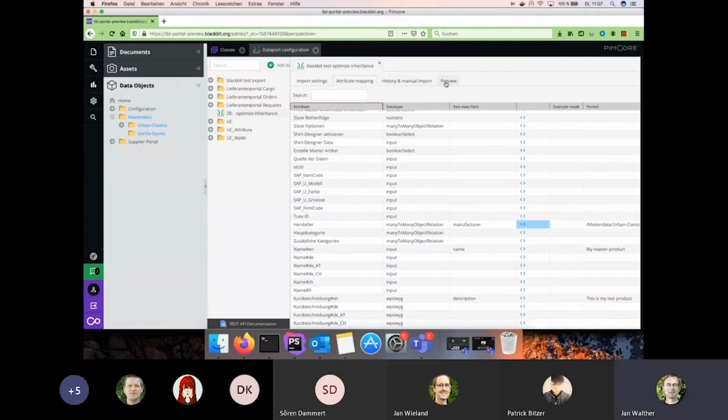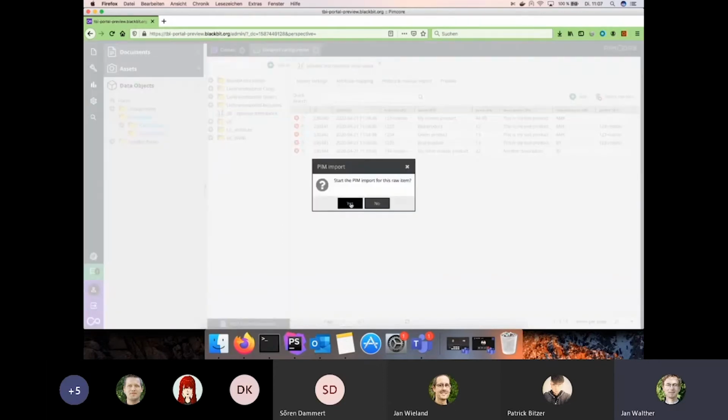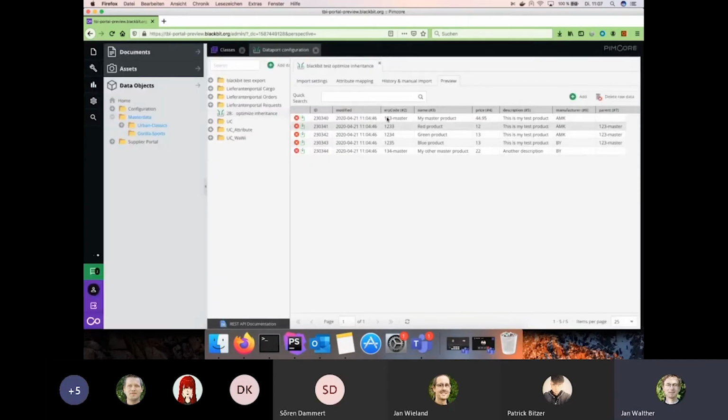When we import this data, I will import this step by step, so raw data item by item, so that we can see what happens. We just import the first one, that's the master. Debug output doesn't matter now. When we import this,